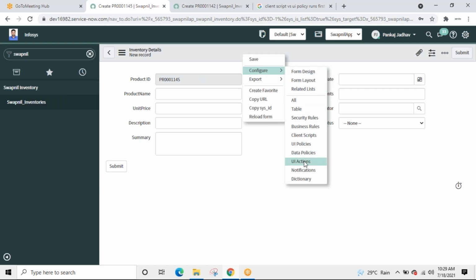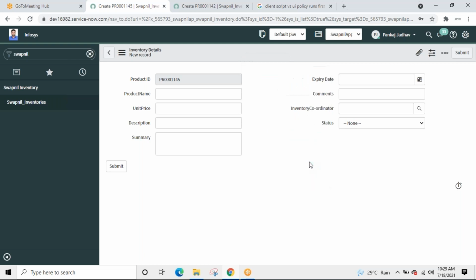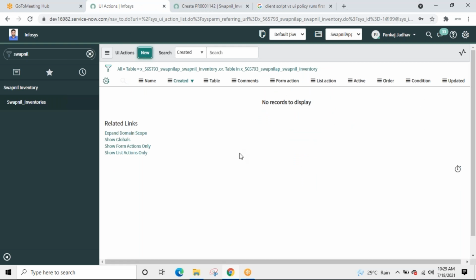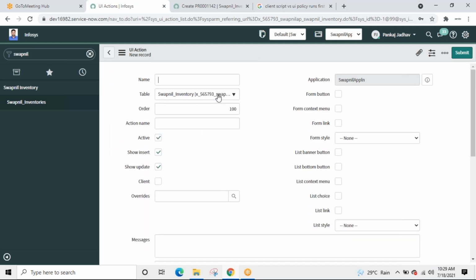One of the methods to create ServiceNow objects: usually we search it from here, business rules, client script, then we manually select the table. When we already have the form open and I do it from here, it will automatically capture the table name like this. Here I didn't have to select the table from the drop down because I did it from the gray area after opening the form. There are multiple ways, it's up to you.